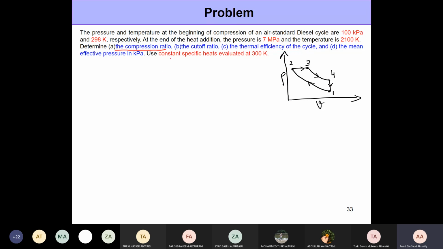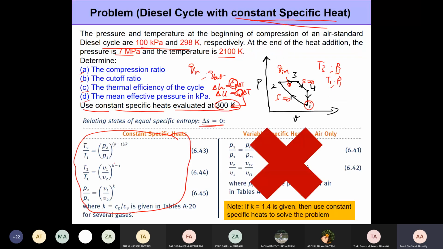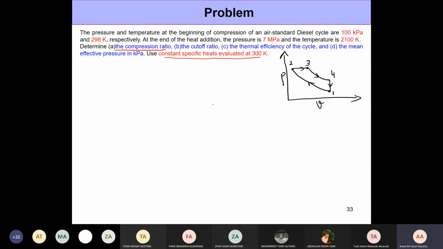So the first thing is we need to determine these specific heats for whatever we are trying to do, right? Whether it's making use of these temperature-pressure ratios where we need the specific heat ratio k, or if you're trying to find out the delta H or delta U where we need Cp and Cv values, we are going to need those specific heats for almost all stuff. So the first step would be to go to table A20 and determine these values for air. Table A20 contains the specific heat values for air as well as some other working fluids at different temperatures. Here we were asked to do it at 300 Kelvin. So these are the values that we determine from table A20.